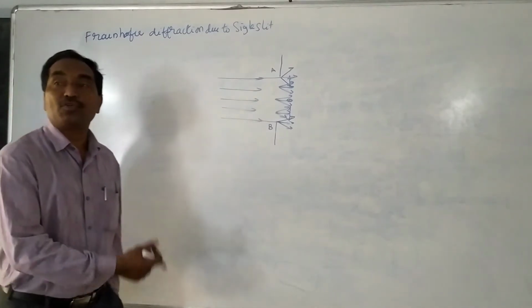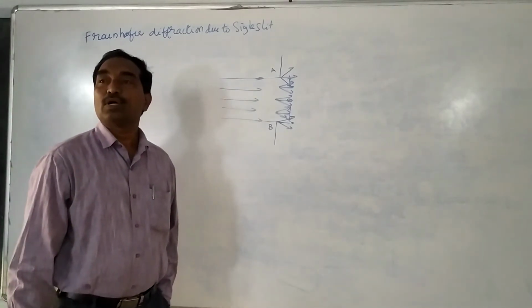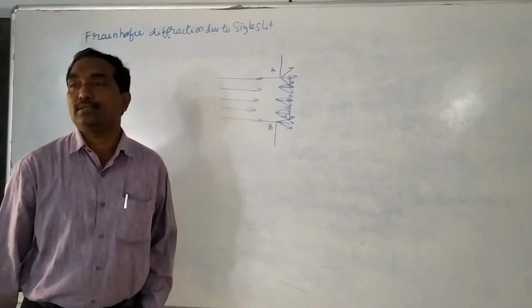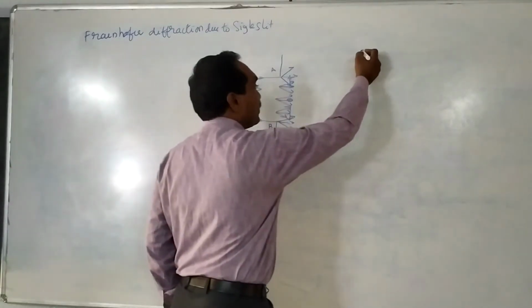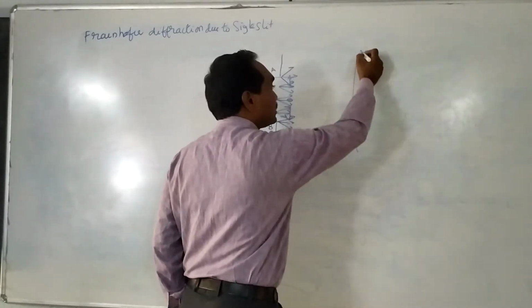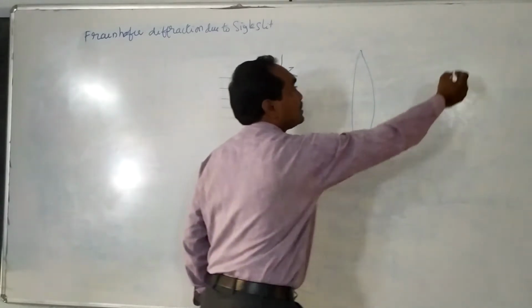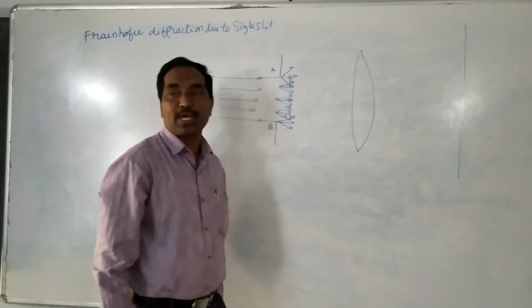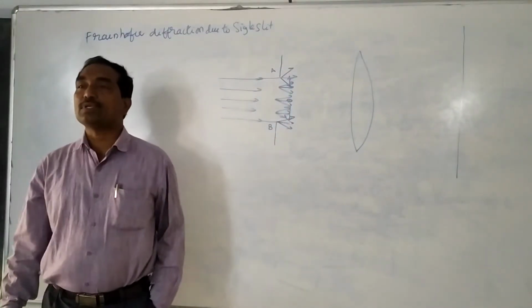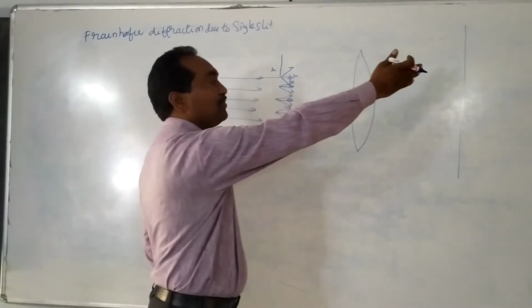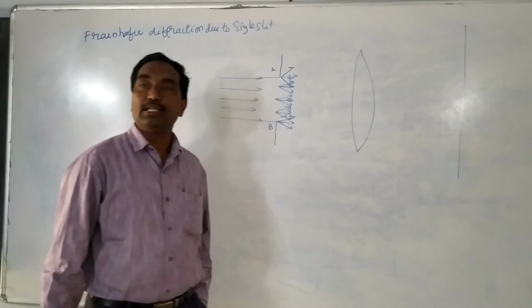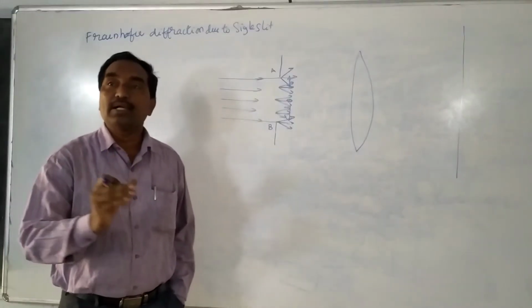So in the Fraunhofer diffraction, to observe the resultant intensity, lenses are a must. So a lens is required to concentrate all the rays, and this is the screen. Of course, in place of the screen, we may use a telescope eyepiece. So not only a screen; when we place a telescope eyepiece on that side, from the telescope eyepiece we can view the diffraction pattern.